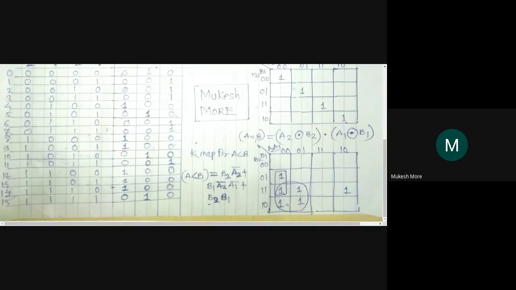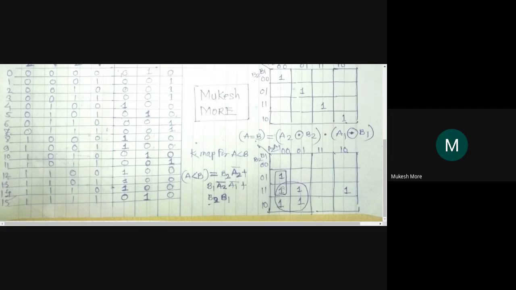So you will get the cells with the ones. Now you have to form the groups. Here also we are getting a quadrant. There are four adjacent cells and we need to make a group of these four adjacent cells. Then in row number 2 and 3 you can make a group of these two cells, and for the remaining cell you can take opposite grouping with this one and this one.